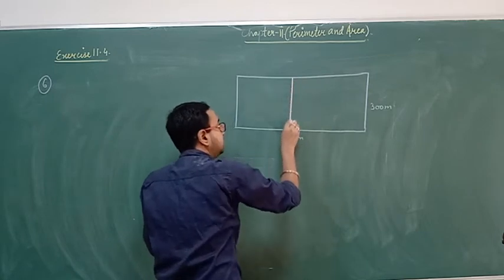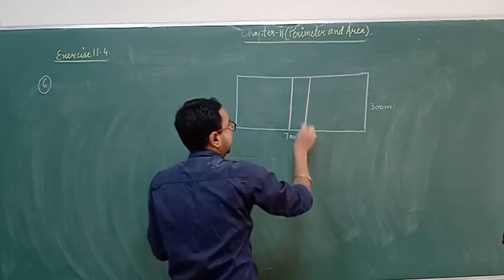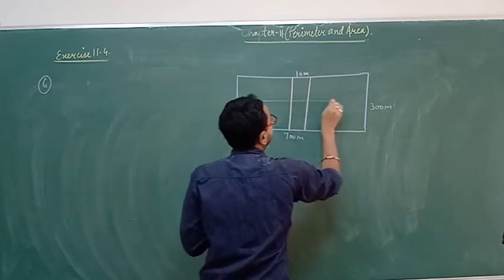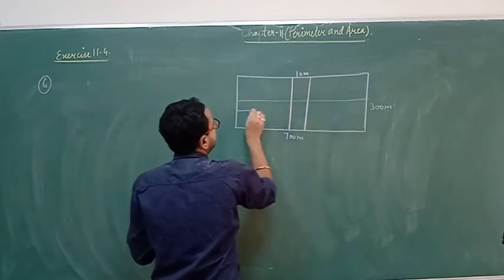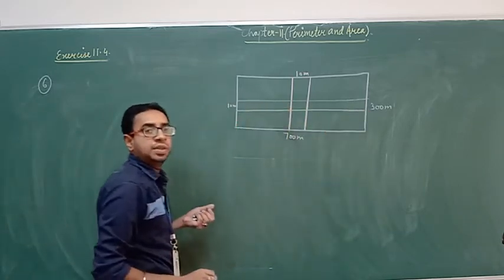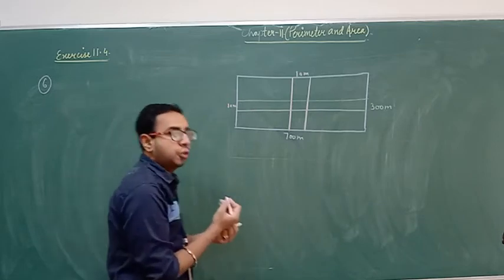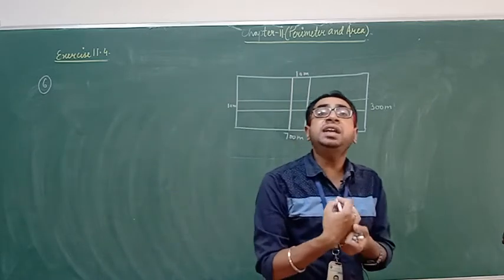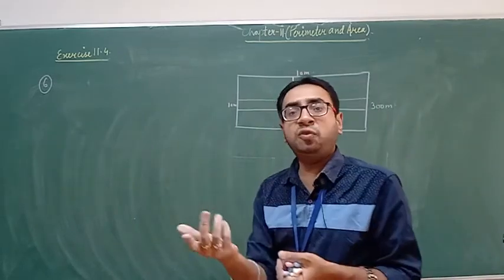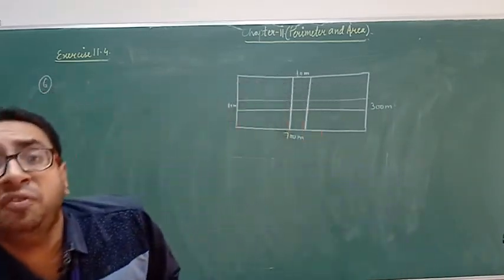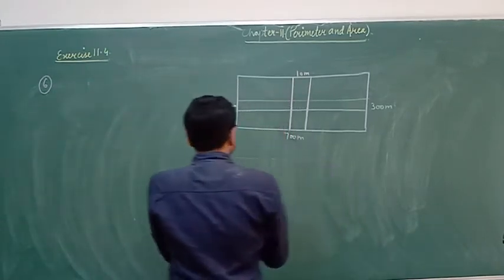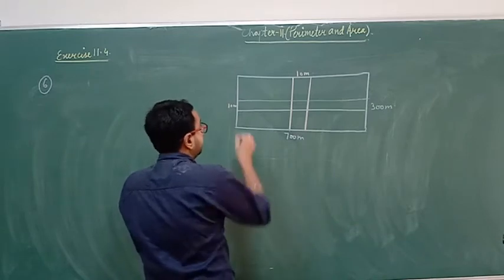meter. This is the first road, 10 meter. Another road, since 90 degrees is given, the roads are cutting each other like this. These are roads, 10 meter wide. The question is, find the area of roads. Second part is, find the area of park excluding roads. So what we have to do? We have to find the area of roads. What do you mean by finding the area of roads? In true sense, we have to find this, no?